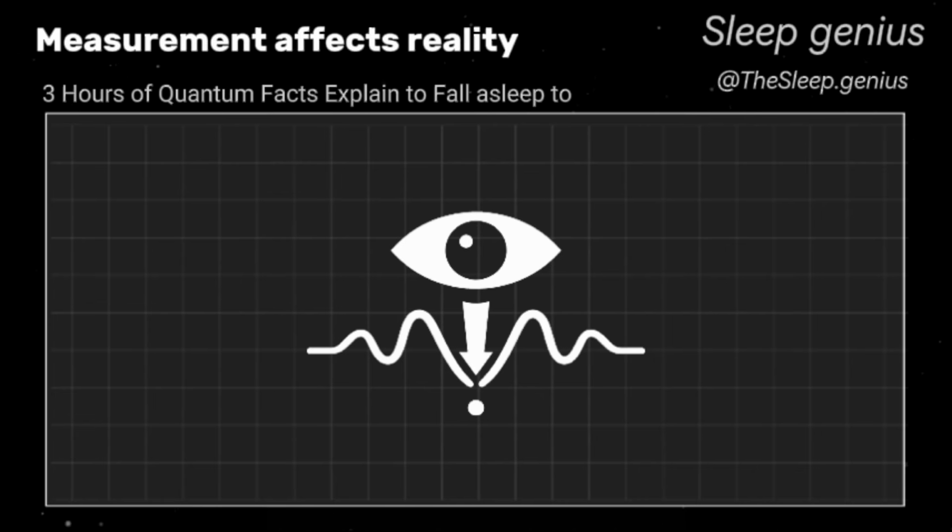But what if measurement itself is not simply a passive tool we use to understand reality, but an active participant in shaping it? In classical science, the world was seen as an objective entity, independent of the observer. The universe was thought to function according to fixed laws that existed whether or not humans were around to measure them. However, as science progressed, particularly in the realms of quantum mechanics and the philosophy of science, this view began